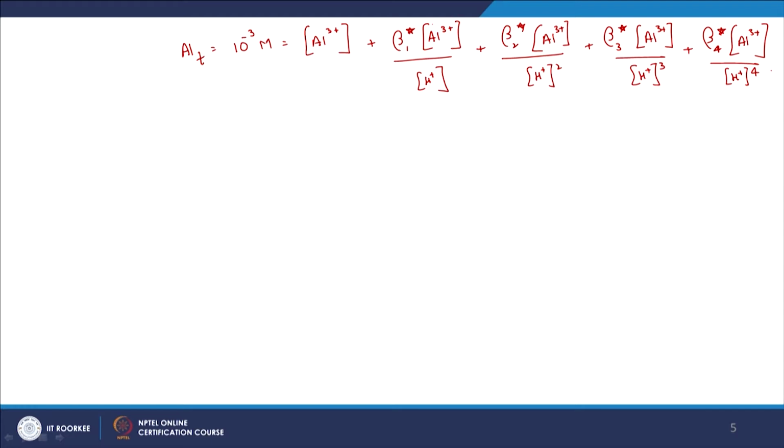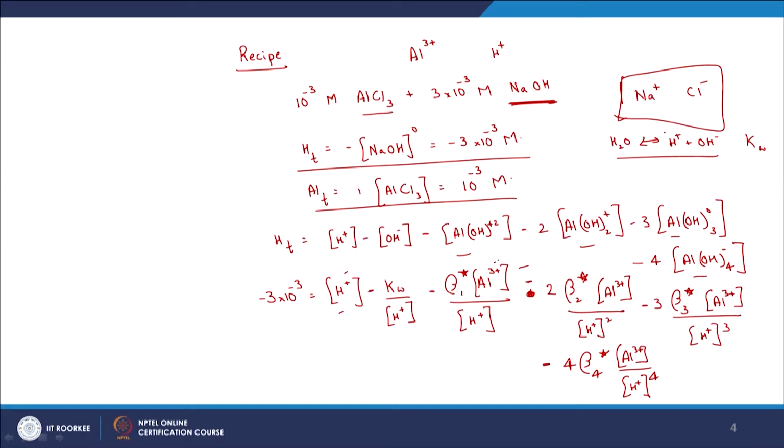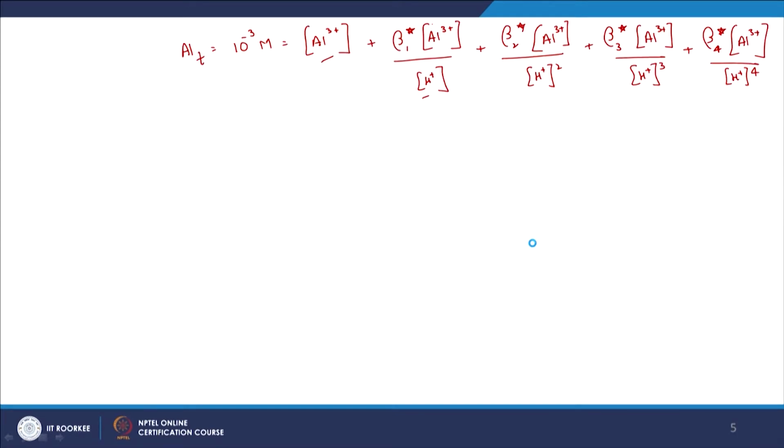So again we now have a second equation with two unknowns. Again they are Al3+ and H+, and here we had another equation with H+ and Al3+. So two unknowns and two equations. So now you can end up solving for your particular